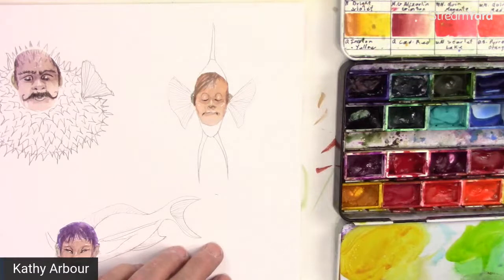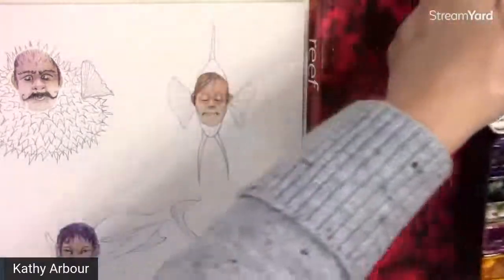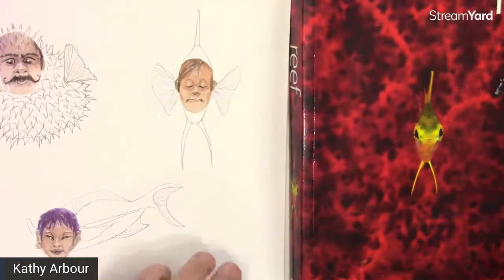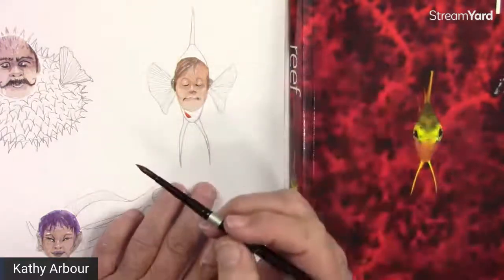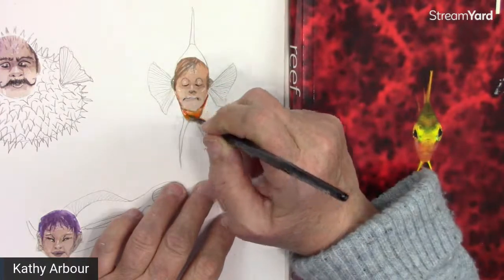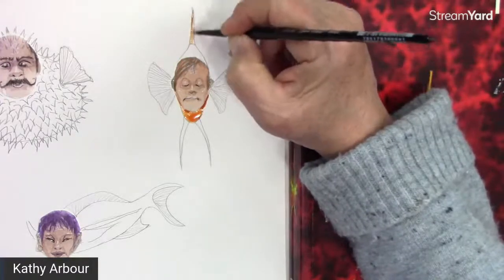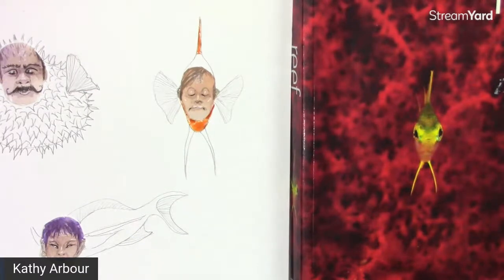So on this one here, I'll show you what the fish looks like. So this is kind of an orangey color. So we could see a little pyro orange with some of this yellow here. And body is that color. So we could always go back over top with other colors too. And there's a little bit of that in there. Top fin. And then the yellow,